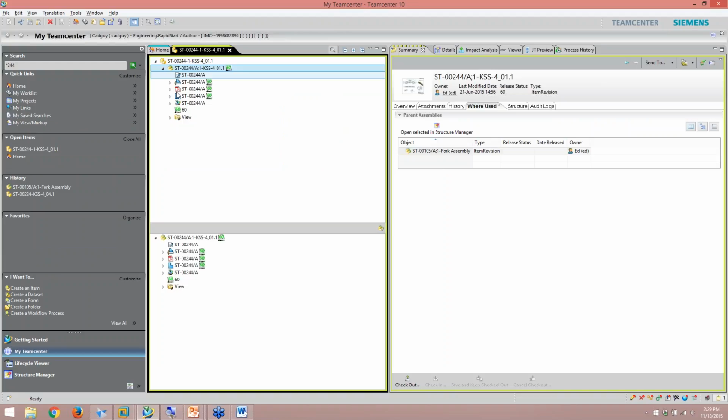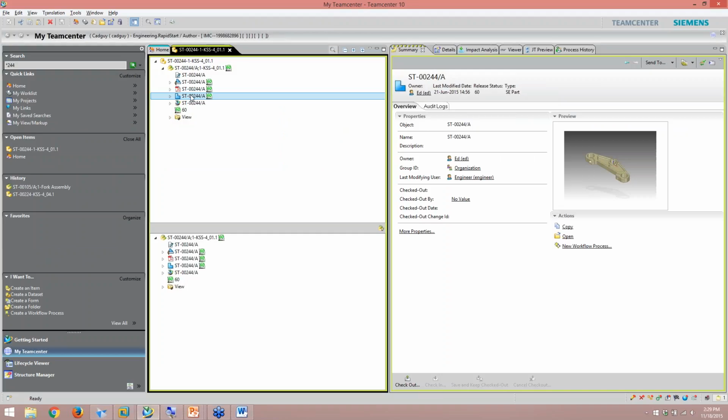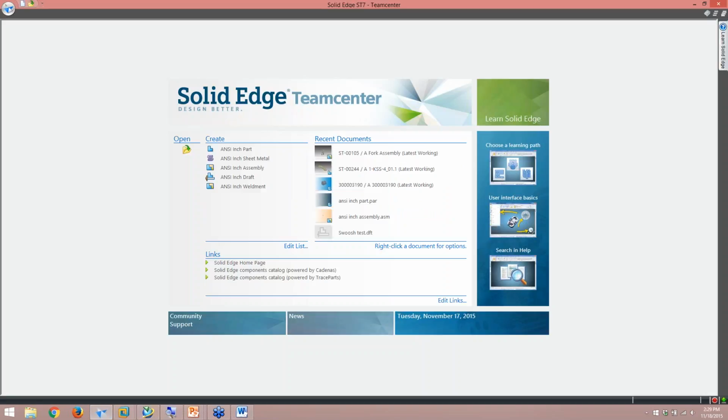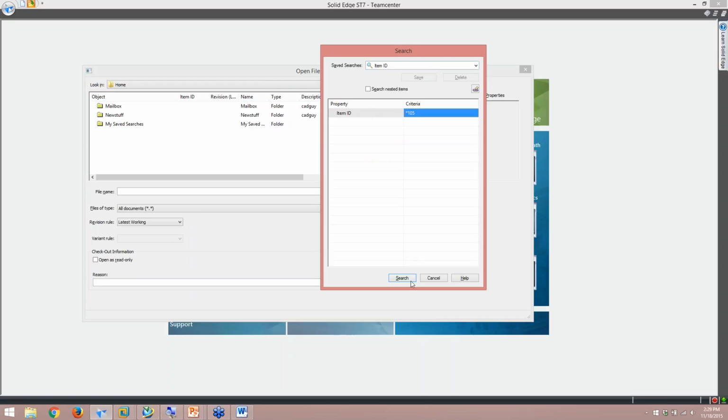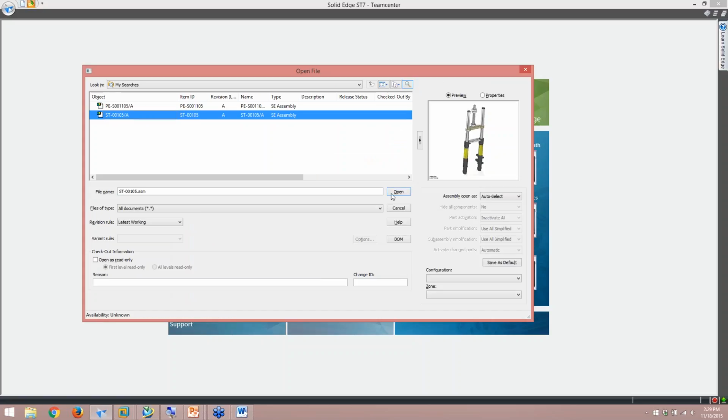And again, with the integration and everything, I could either double-click this data set here, and it would open up directly in Solid Edge. I could also go to Solid Edge and actually use some of the search tools available in Solid Edge. SolidWorks works the same way as well. I can search for that assembly. I can go and query the database. I could load it up.